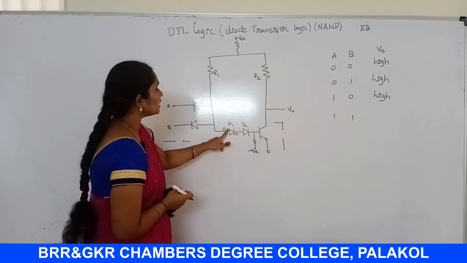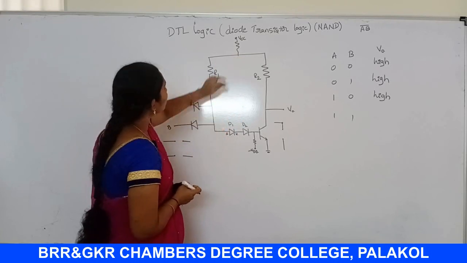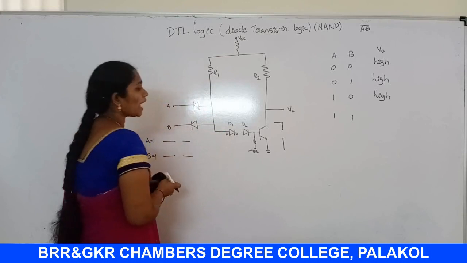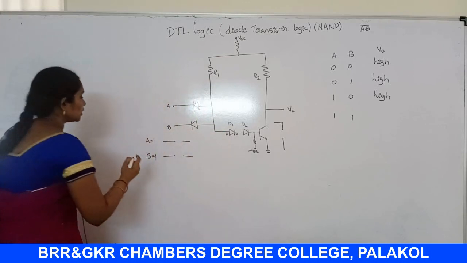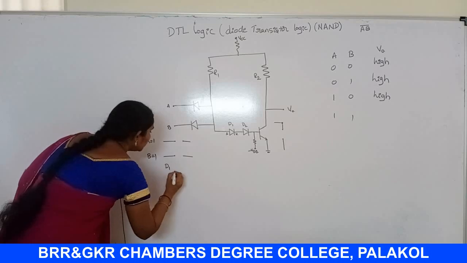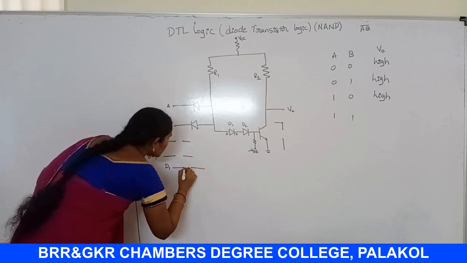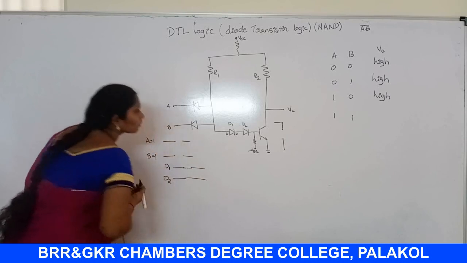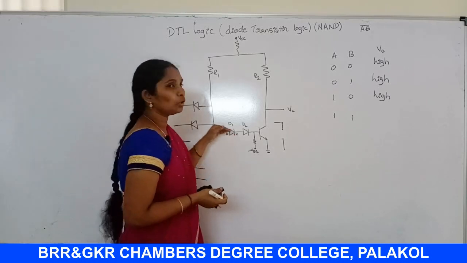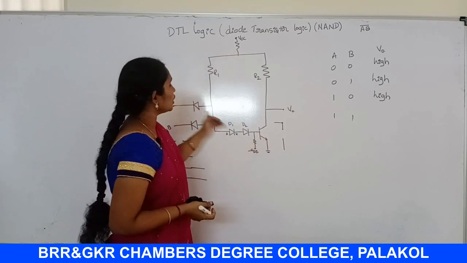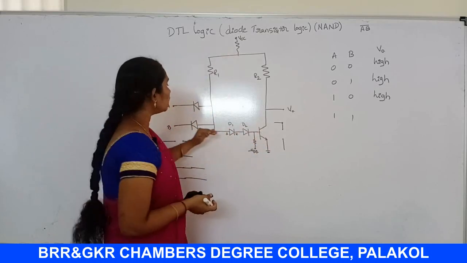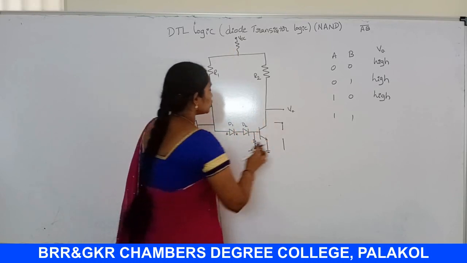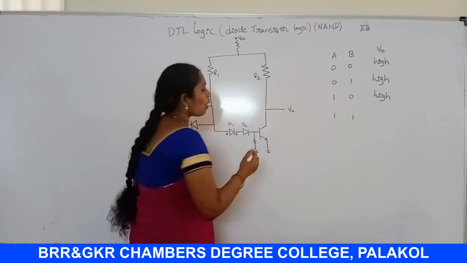This is the anode, and the supply voltage comes to this anode. Whenever the high voltage comes, the D1 and D2 diodes are short circuited. So diode D1 is short circuited and diode D2 is also short circuited. That means there is a path for the supply voltage to travel to ground. Therefore the transistor is in the saturation region, that means it is in the on state.